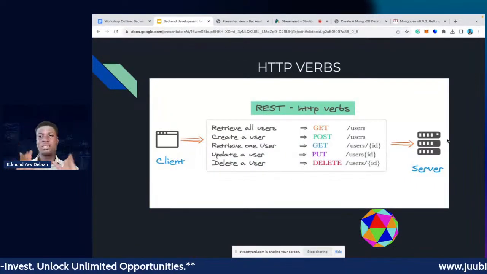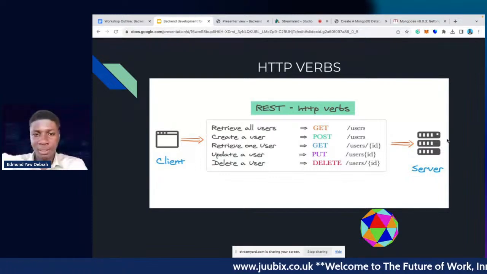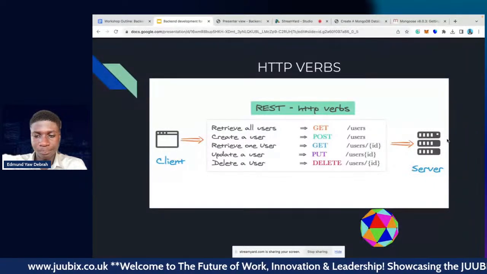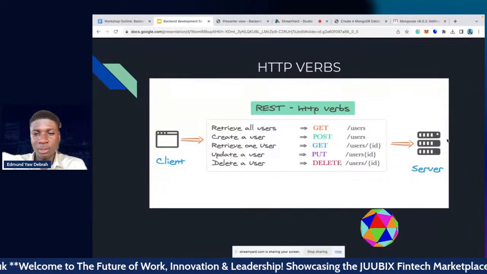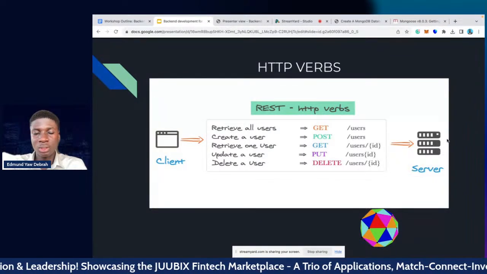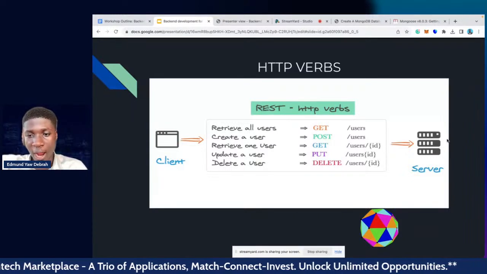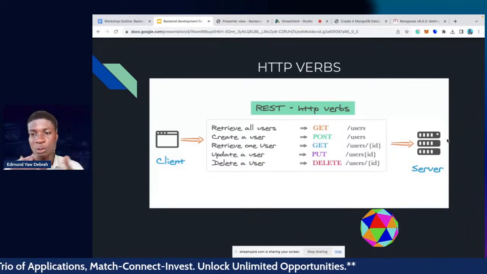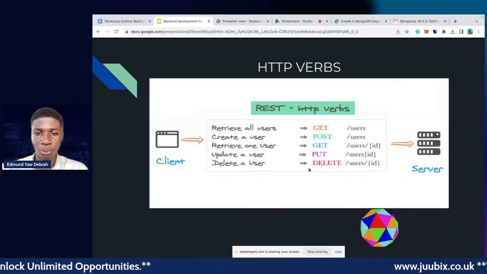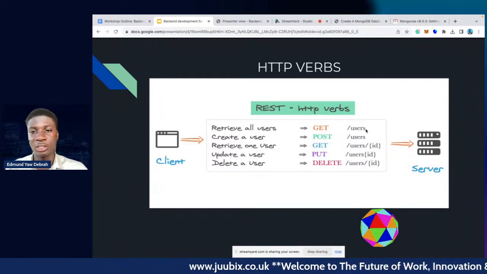Okay, now we are going deeper into the implementation of APIs. So APIs, as we've said, use representational state transfer, and in REST APIs we use something called HTTP verbs. I'm sure most of you are already familiar with HTTP verbs, but I just want to bring this up. So for a simple API, for example, users, there can be a get request to slash users, and